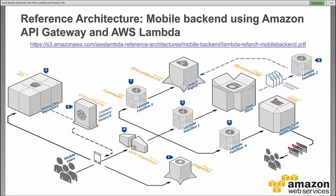So number 5 in the center is the main Lambda function for this mobile backend. Mobile applications require a highly scalable backend infrastructure to support the variable usage created by mobile users. You might have apps where, if everybody is looking at traffic, exactly at 8 a.m. you're going to have a huge surge in traffic. And since Lambda runs code in response to requests and automatically manages and scales the underlying resources for you,